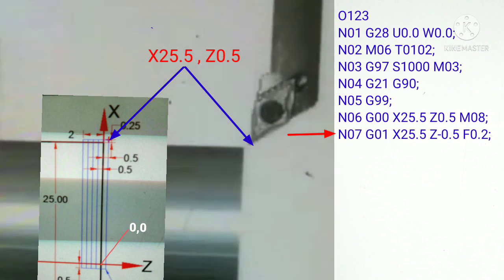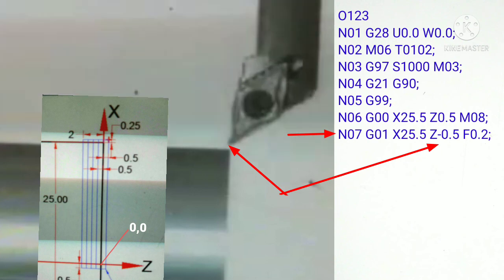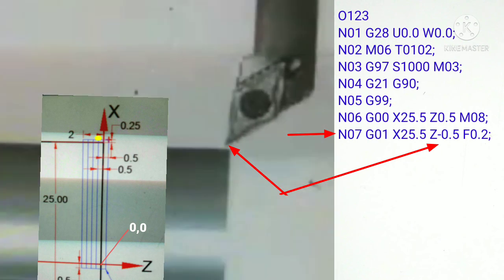Now we will write the next sequence number, which is N07, where we use G01 for linear interpolation and X25.5 and Z minus 0.5.